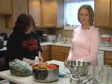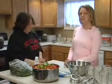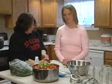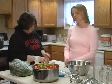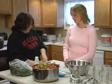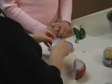Remember, your yellow pepper is going to be sweeter, as is your red. Your green has a distinctive flavor. If it's something you don't enjoy, it can be eliminated, but do make sure you're replacing that so we have the same consistency here in our salsa. It's a bit of a small knife for this, but